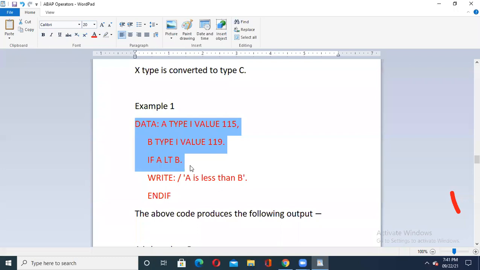So in C programming, we never close the if, while, do while, or for loop with a semicolon. Actually, we write the complete block of code and then we run it. But in ABAP, you observe here, every statement we are ending with this dot. Everyone please observe carefully: this if starts here and ends after the B value, the second operand. Then I am writing that A is less than B, in single quotes, then dot, but end if. So if is started here, but end if is not ended with that dot. Let us see, are we getting any error or is it executing our program?